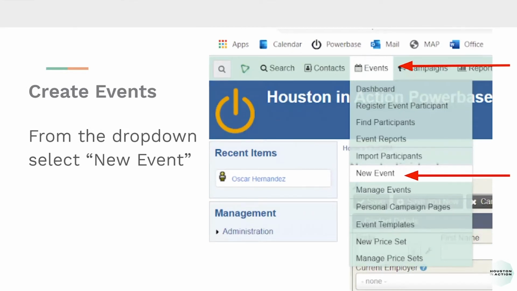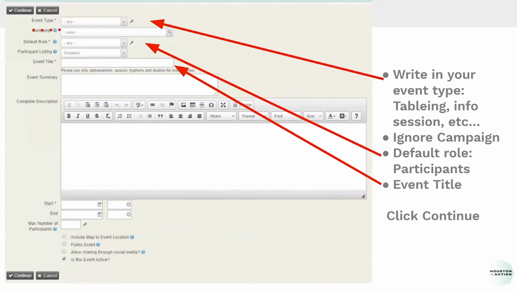Now this dropdown bar, as you follow it through, you want to click on new events, specifically if this is for an event that you're about to input into the system. If this is an event that you already have, you would click on manage events. But because we're making a new event, we're going to click on new events, followed by inputting the data for the system.